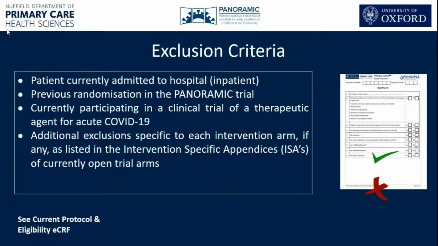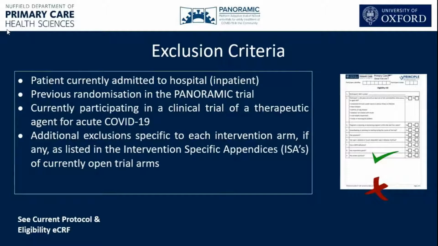So now looking at the exclusion criteria. Patients currently admitted to hospital, or if they've been previously randomised into the PANORAMIC trial, or if they're currently taking part in a clinical trial of a therapeutic agent for COVID-19. Additional exclusions will be specific to each intervention arm, and these will be listed in the